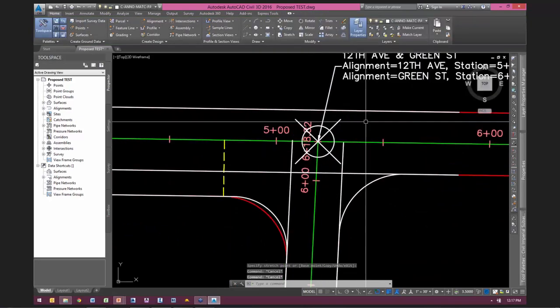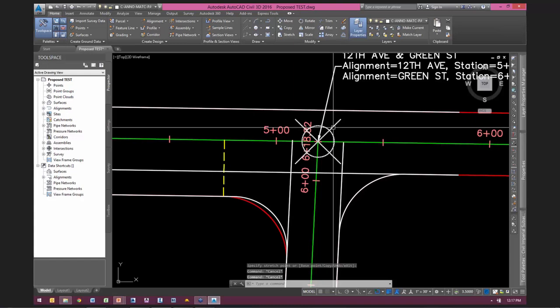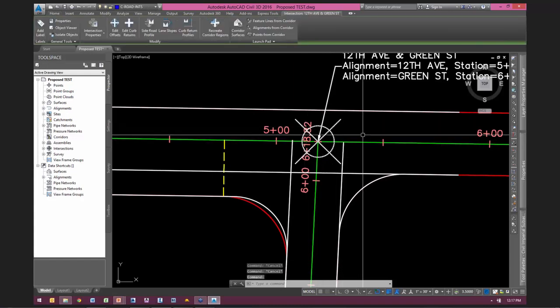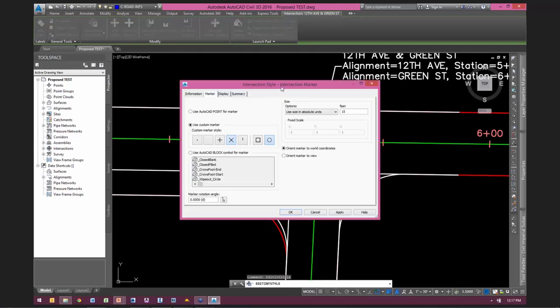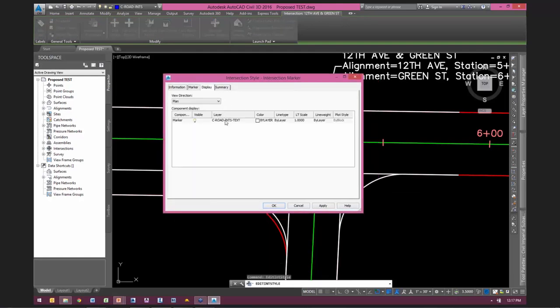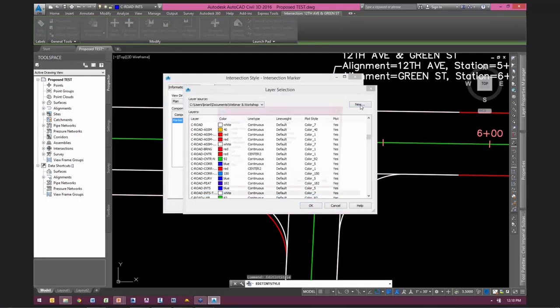So what do we see here? We see an intersection object. That's this big symbol in the middle here. To me, that's always way too big. Nice little recommendation here. This isn't anything you're going to print, so go into here and make a new layer